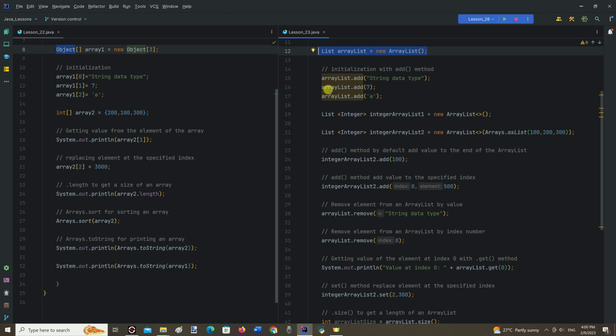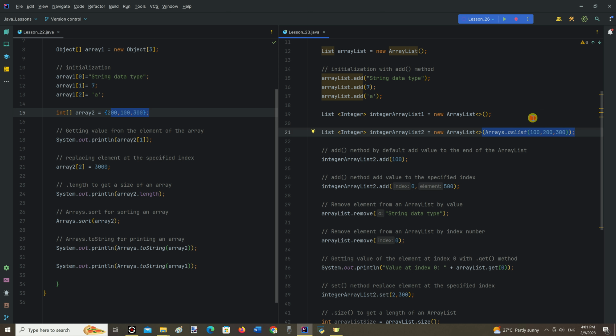But for proper data storing, we specify the data type, like Integer for example, for the ArrayList and indicate it inside angle brackets, and by adding blank angle brackets at the end of the line before blank parentheses. For assigning values to an array while declaring, we can do it directly right here. But for ArrayList, we should use Arrays.asList method to do so.